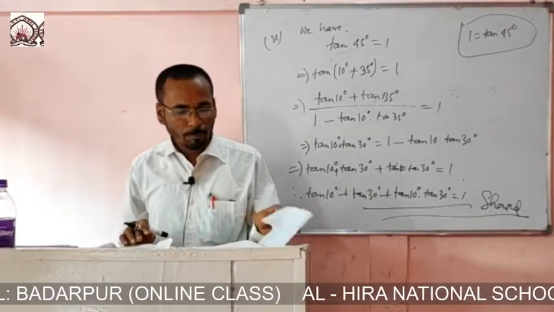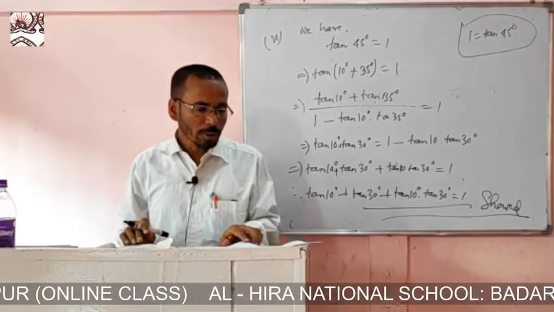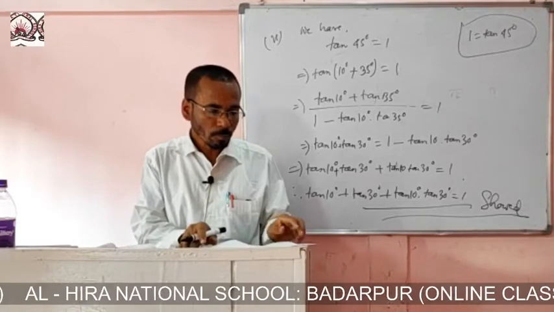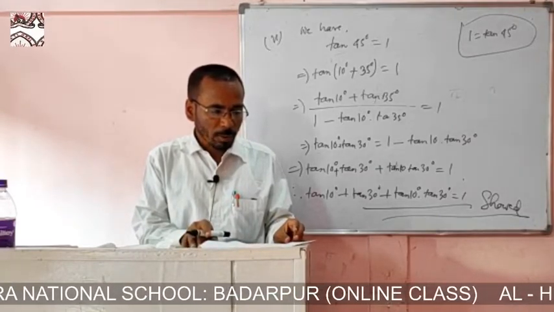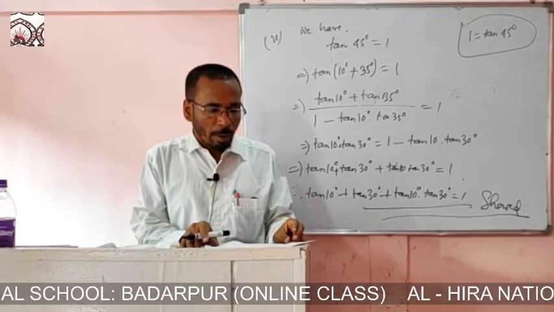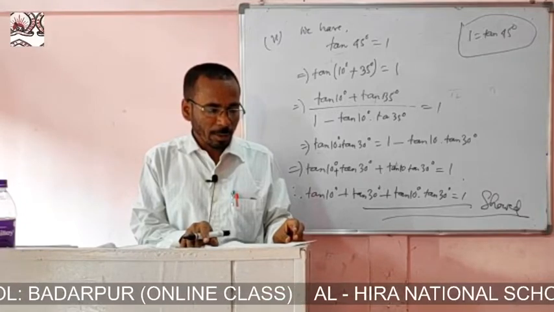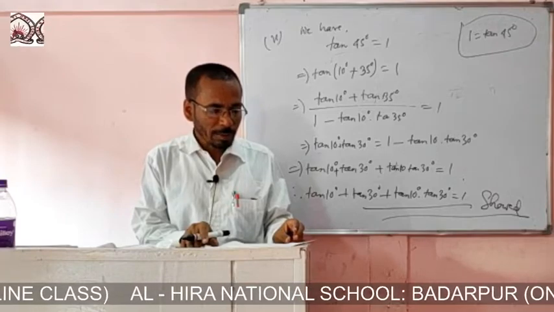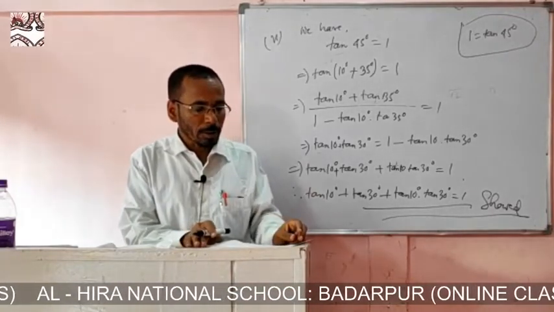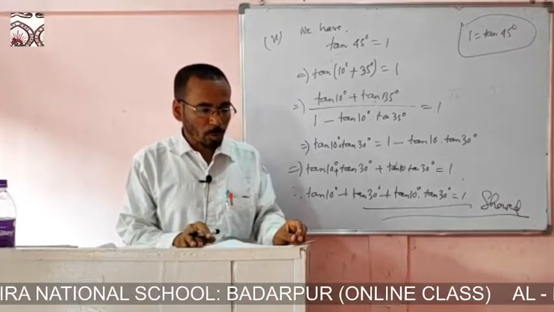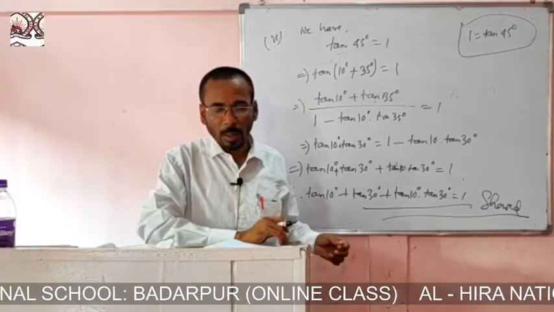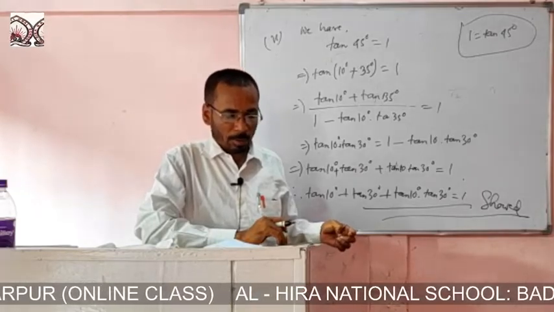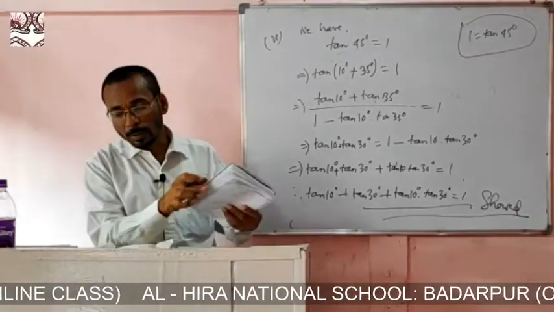Now again we are seeing number 3 also like that. Sin theta is 3 by 5 and sin phi is given 5 by 13. By using the identity sin square theta plus cos square theta is equal to 1, you can find out cos square theta, and then by putting the formulas of sin a plus b. Okay, number 3 I am doing.